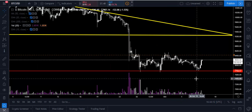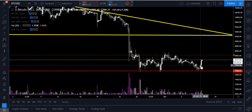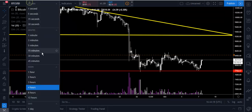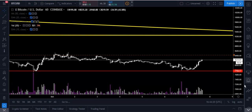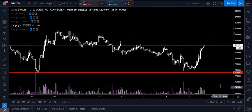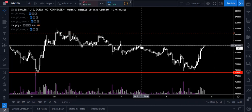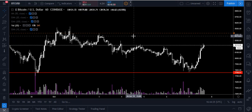And what I like to do is go off the real bodies. That's why I have my alarm or my alert right there on the 4-hour here. And then the next one I want to get into is the 1-hour chart. With the 1-hour, you can see some really nice volume did come in here, though, guys, so that's a good thing. Same deal. Right now, we're sitting at an overhead resistance area. That's going to be around 8,213. Then the next stop I would look at would probably be, guys, up here around that